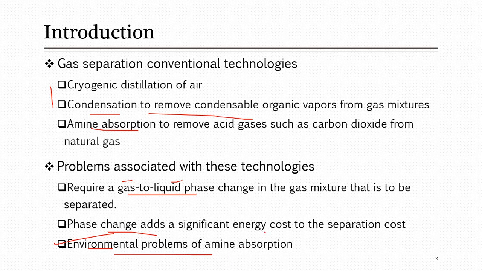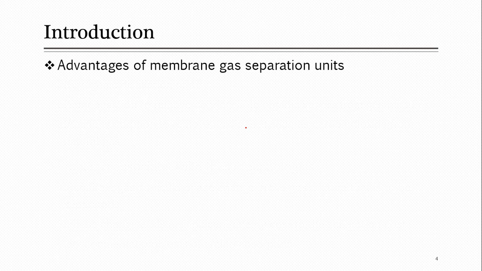Maybe you can also go through the literature and you can find various other problems which are associated with these technologies. So now, in order to overcome or avoid these problems, we have to look for some alternatives. So we have to actually avoid these techniques. We will use another technique that's called membrane gas separation. When you are going to adopt a new technology, it should be better than the previous one, so this has many advantages as compared to the previous techniques.